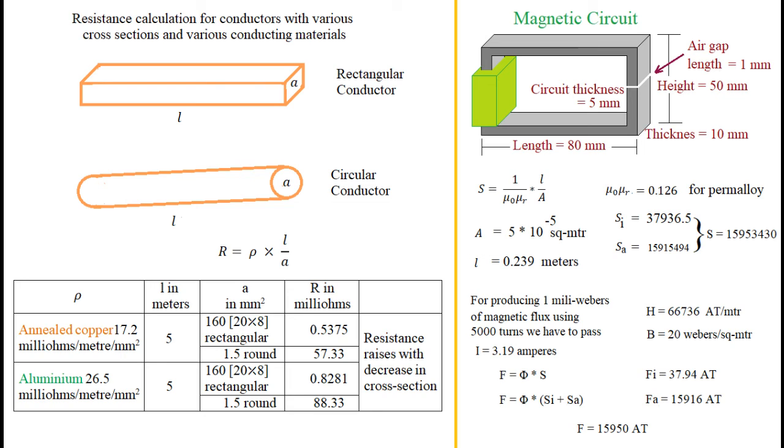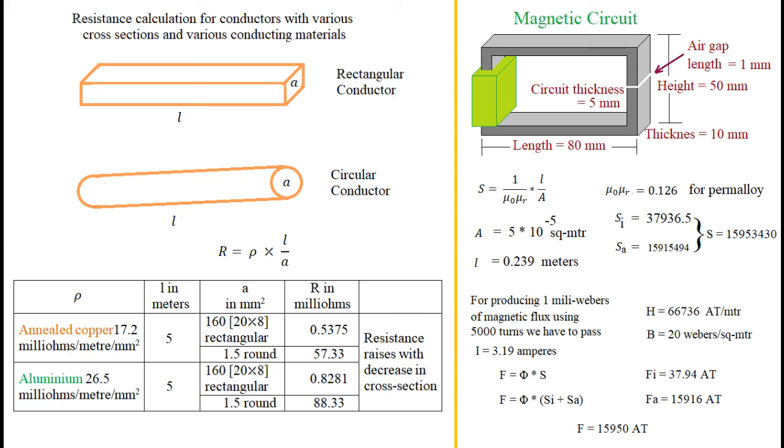As it is written on the slide, mmf is expressed in field strength H, and it is measured in ampere turns per meter, and flux density B in Webers per square meter. These two parameters are generally used to know how the relative permeability of the magnetic material used for the magnetic circuit could be expressed.